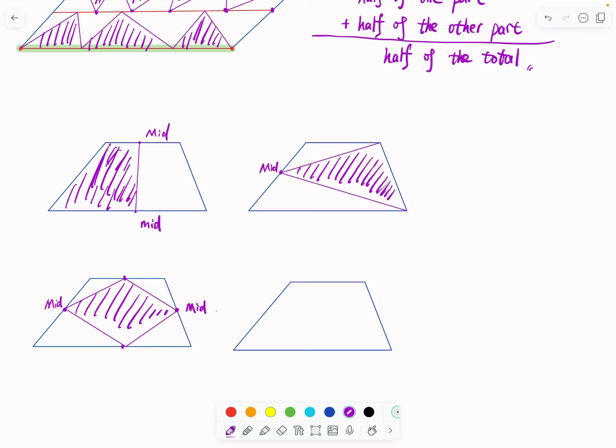And if this one is the midpoint, this one is the midpoint, if I connect here, you can connect this part, randomly choose one point. Connect here. If you connect this piece and this part, the shaded area is also half of the trapezium. Okay? So you can try to prove that if you are interested,